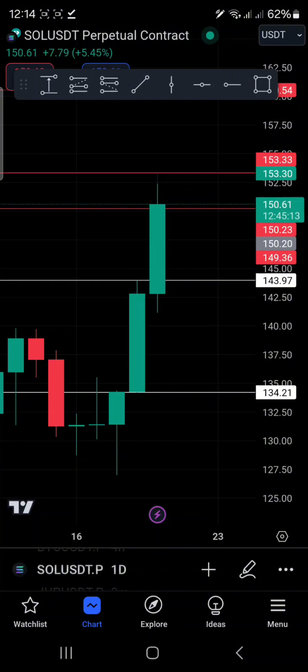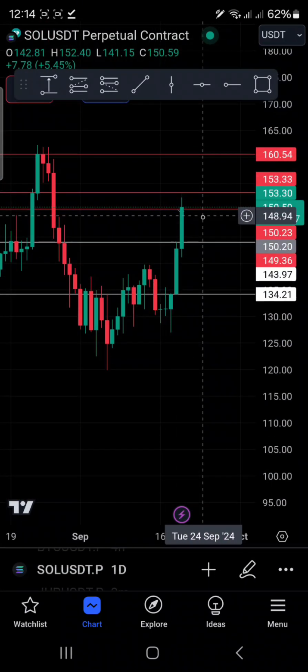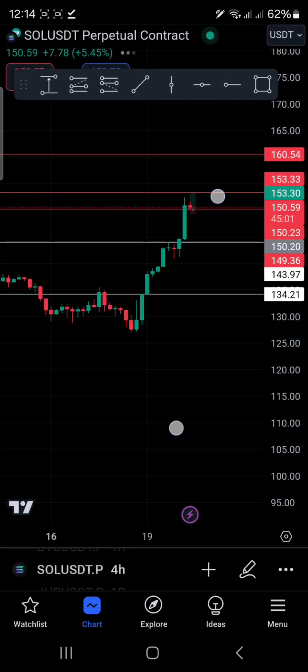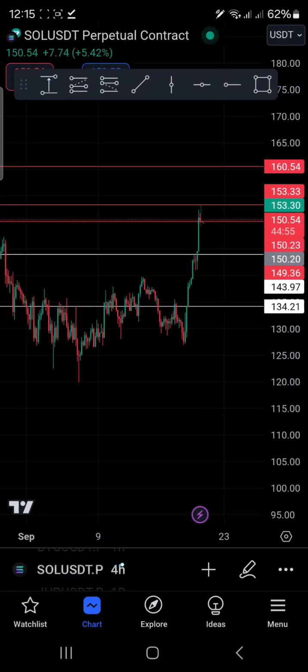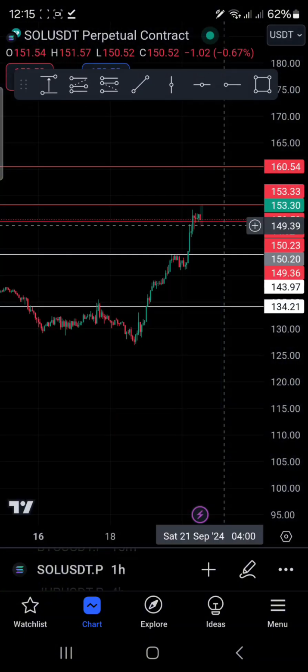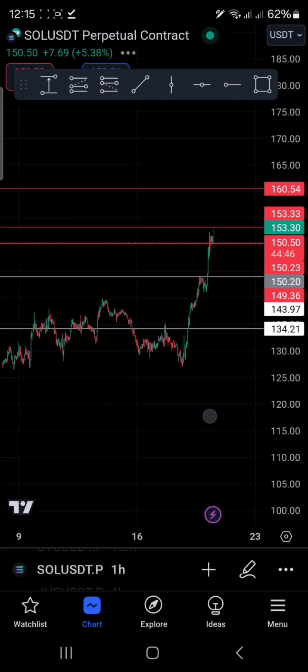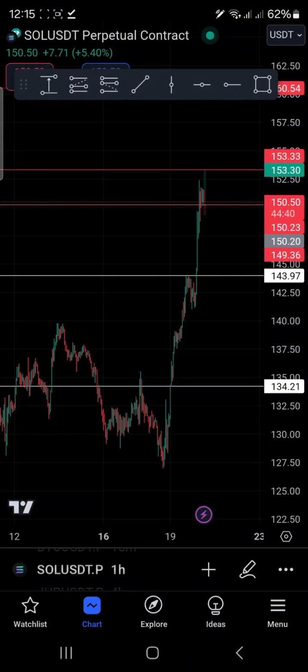Now, the next thing you want to do is to understand the trend. What is the trend? Even the 1 day time frame is showing us an uptrend. Now you come to your 4 hour time frame, you can see it is still an uptrend, very, very strong. Then we'll go all the way to 1 hour, where we usually check our trend. The uptrend is still very, very strong. And when you confirm it's an uptrend, the opportunity you're looking for will be long, not short. At least for now, a long position.